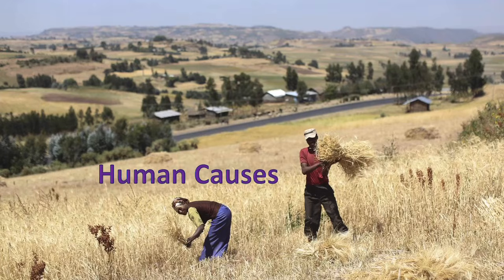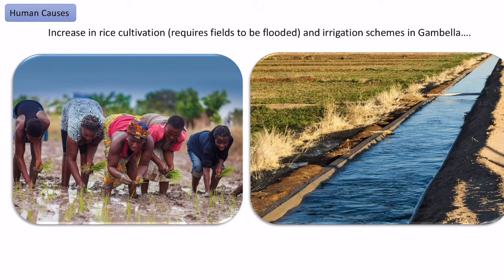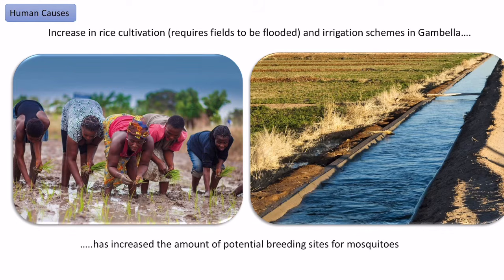Now looking at human causes, the first thing to notice is in this western region, we've seen an increase in rice cultivation. Here we can see they flooded fields to be able to grow rice, but also they're implementing irrigation schemes in areas like Gambella. Essentially, because it's provided more surface water, there are more potential breeding sites for mosquitoes, because we could get stagnant water appearing. So by creating new patterns of surface water, we're increasing the chance of mosquitoes and malaria occurring in that